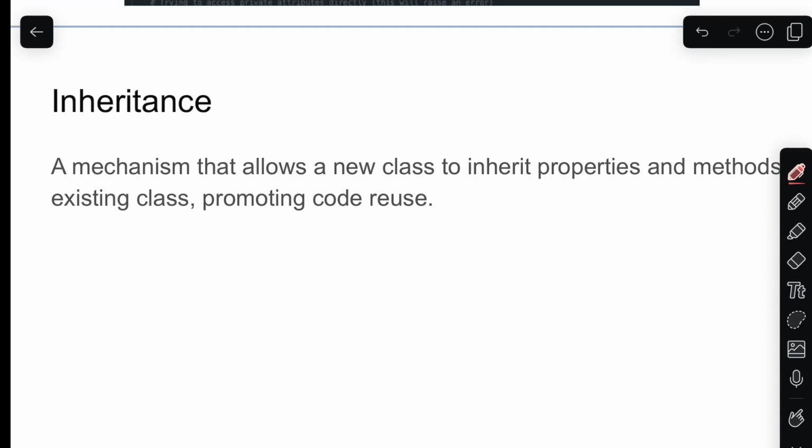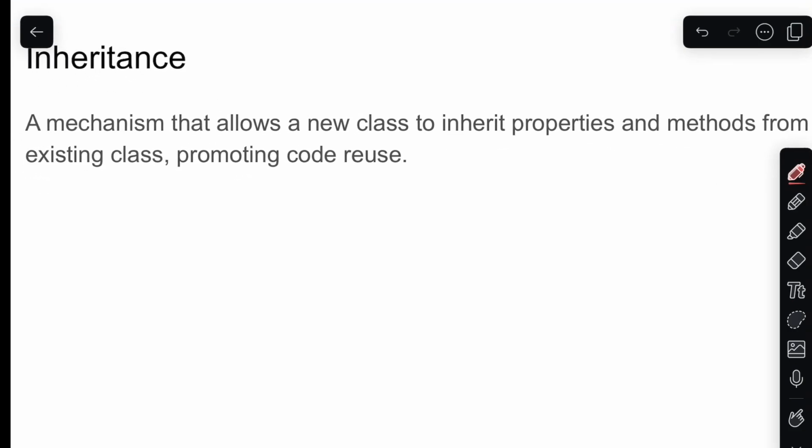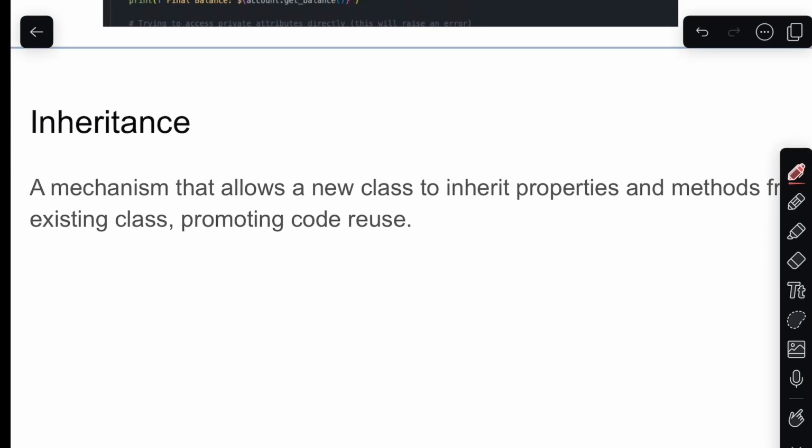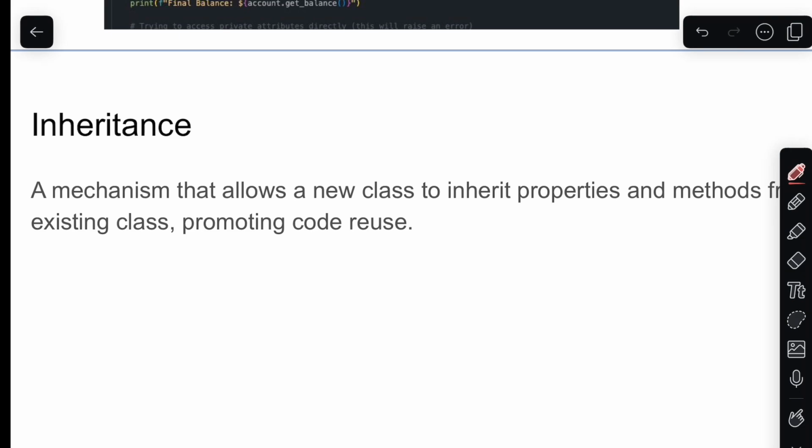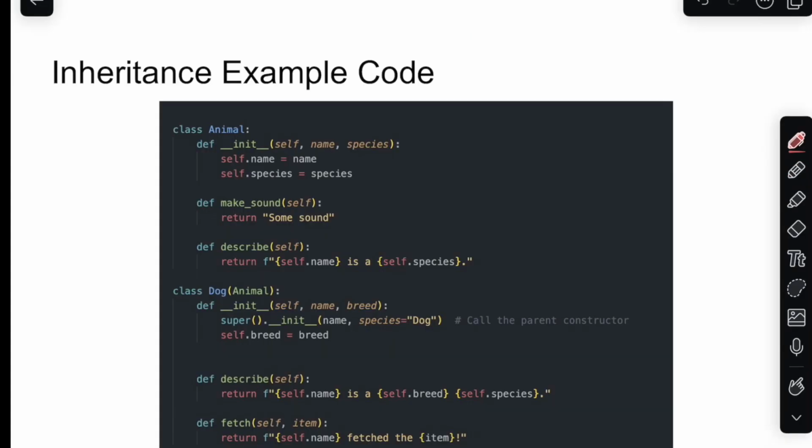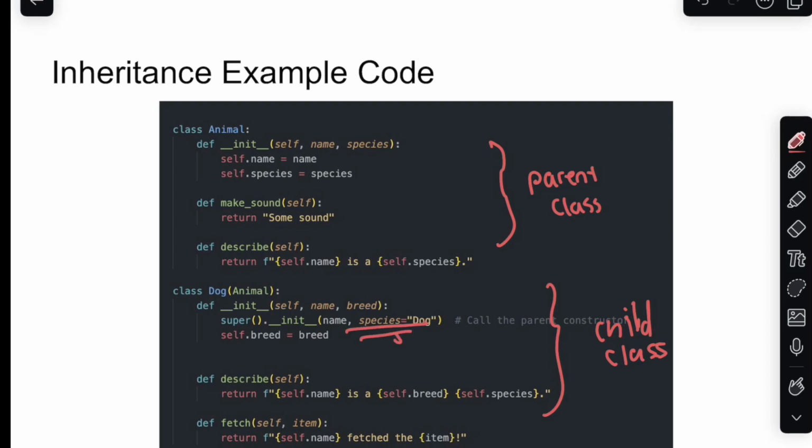So inheritance is the mechanism that allows a new class to inherit properties and methods from an existing class, promoting code reuse. So it really allows us to reuse the code from another class. So here is a code snippet for inheritance. We have an animal parent class and a dog child class. And we are able to inherit the attributes name and species from the parent class